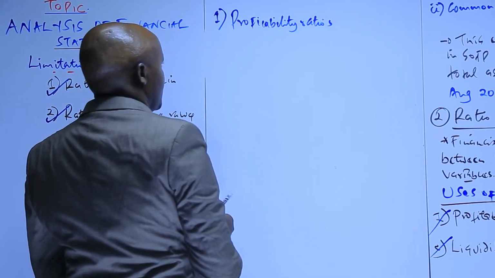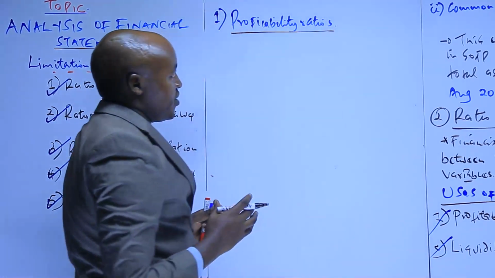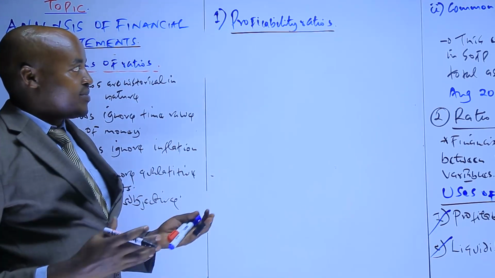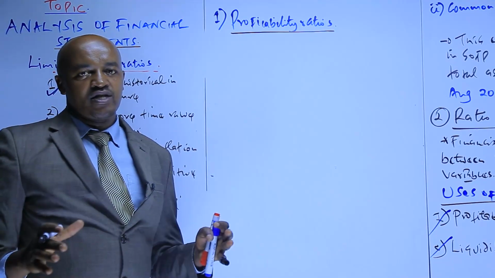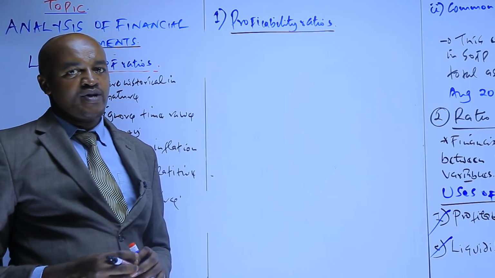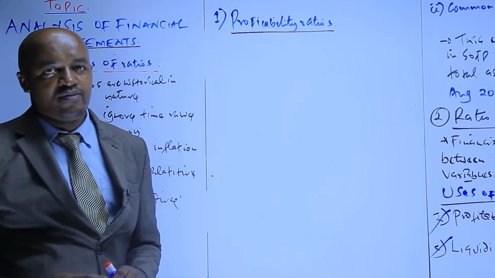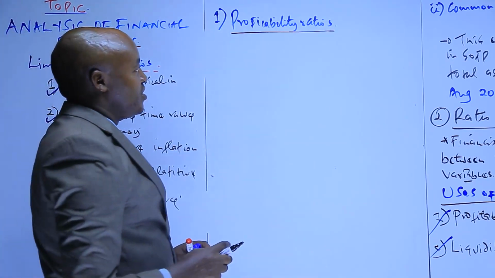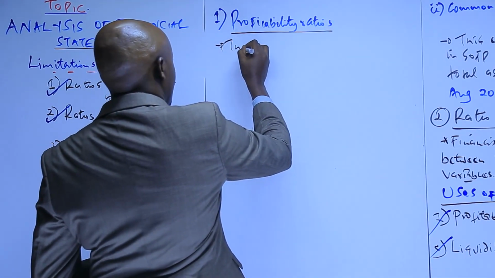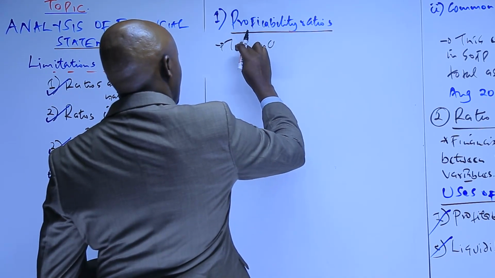Remember, we have already said that profitability ratios are the ratios computed to evaluate the performance of the company's management. If the company is performing well by the end of the day, that is attributed to a good performance of the management team. If the company is not performing well, then we can say that is equally due to the poor performance of the management team. So which are some of the profitability ratios which may be computed? These ratios include: